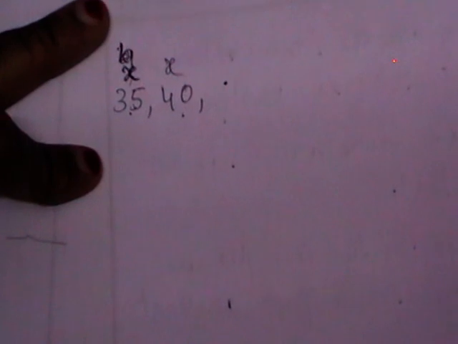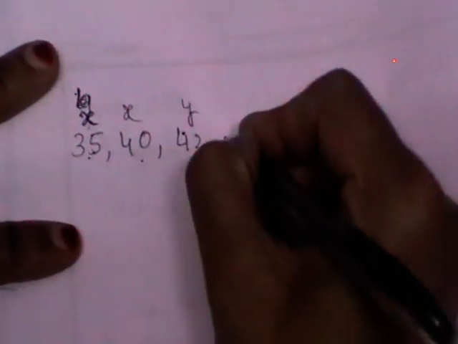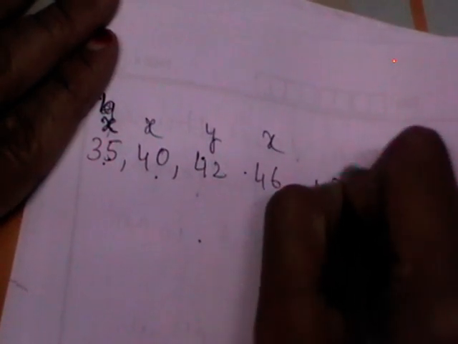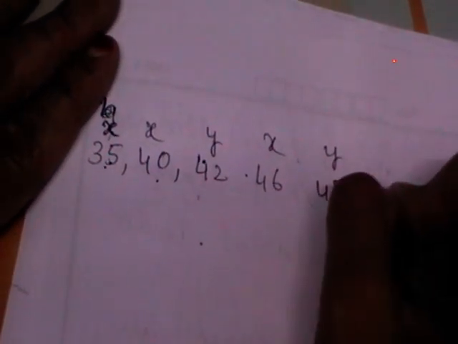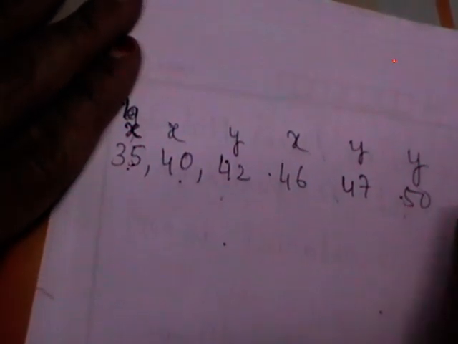The next least observation from these 17 observations is 40, so I wrote x on that. The next least observation is 42 and it is from the second sample. Similarly, the next one is 46, like that. I have arranged all of those in ascending order, and while arranging I write x if the observation is from the first population and y if it is from the second population. 47 is from the second population, so I wrote y there, and 50 is from the second, and 52 we have from the first, so I wrote x there.